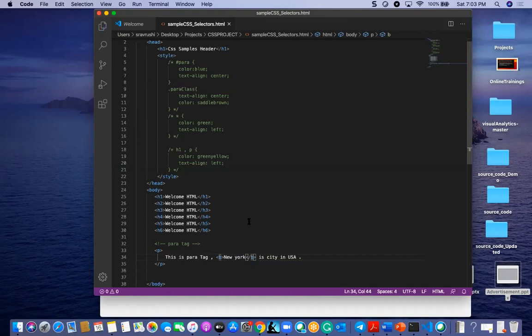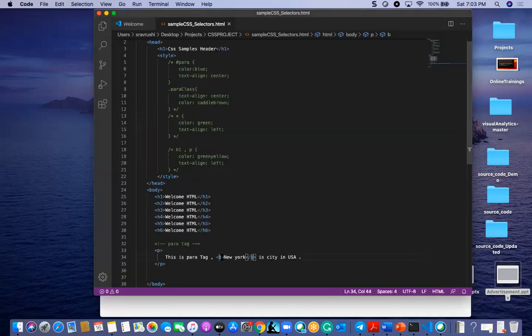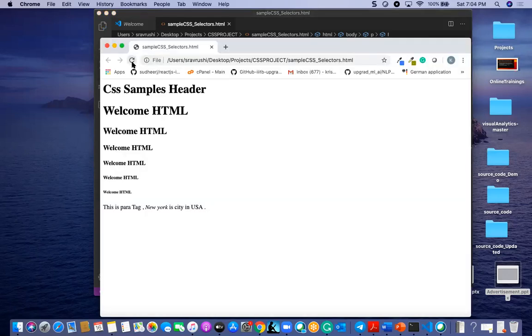So now I can find the particular word alone in bold letters. Okay, can I change it to italic format? Yeah, I can change that to the italic format.